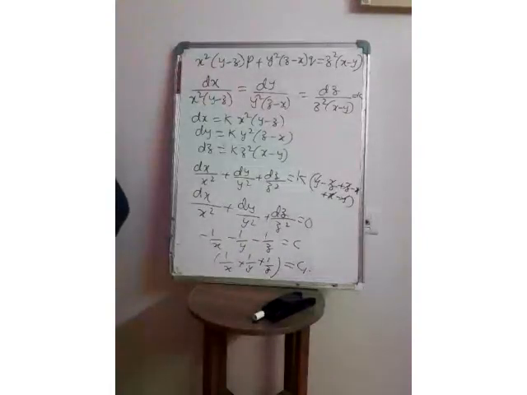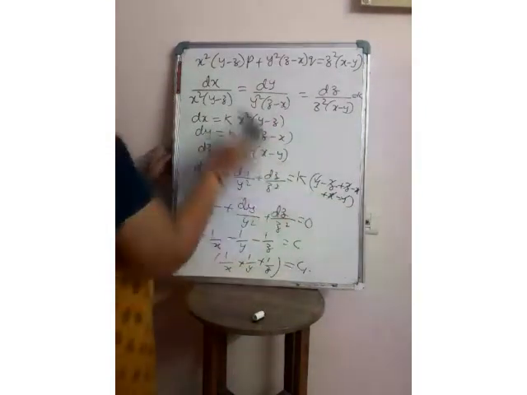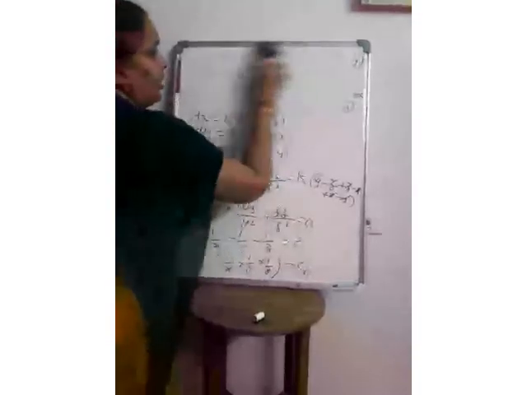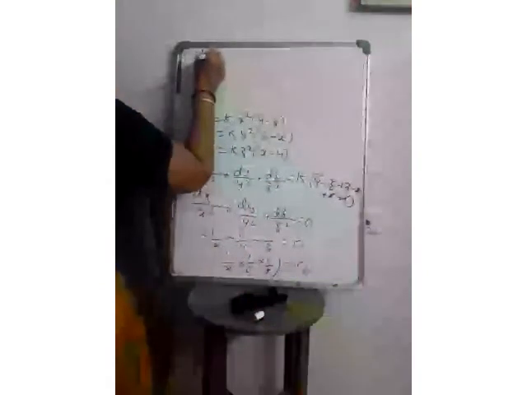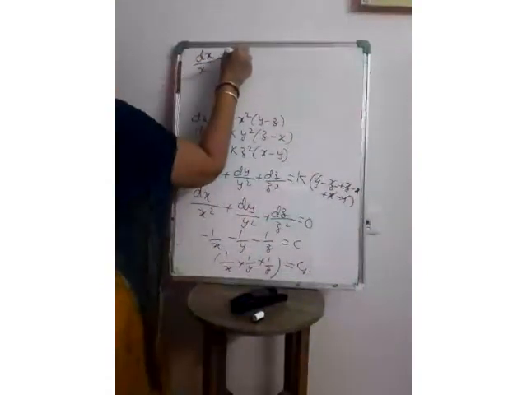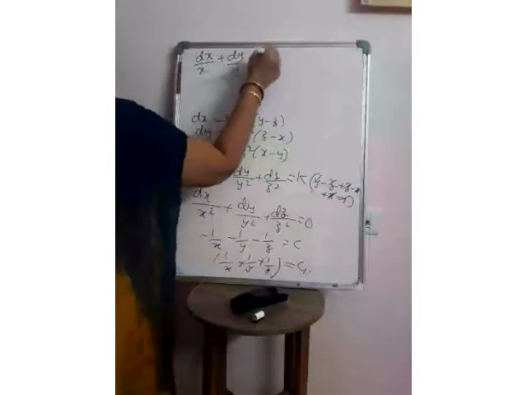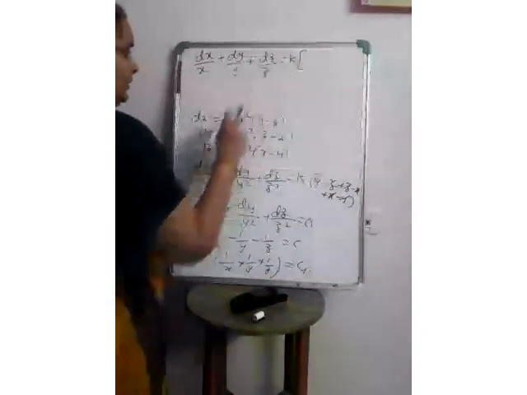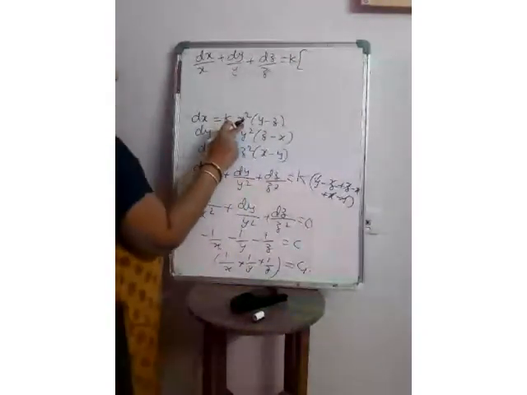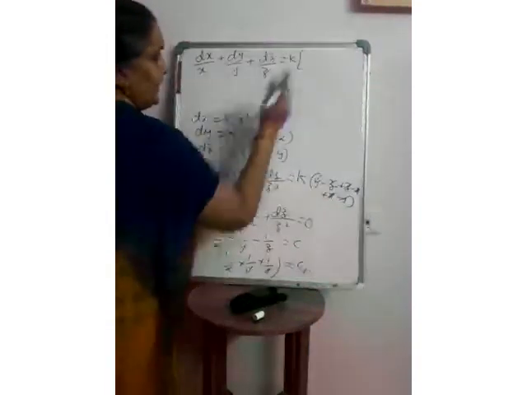So similarly, we can go with the second combination. Instead of dividing with x square, we can divide with x. So if you divide with x, what should be the second combination? dx by x plus dy by y plus dz by z? This will be k times. So if you divide with one x, one more x will be left over here. This will be xy minus xz.